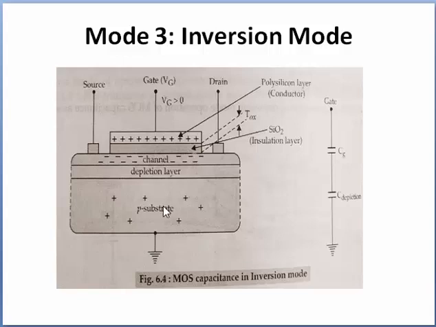So the electrons from the P substrate, the minority carriers, are attracted upward towards the surface, and this capacitance is, at low frequency, equal to the gate capacitance, because the main reason is that the carrier supply is limited to the inversion layer, and fast moving gate voltages are not tracked by the charge at the surface. So the dynamic capacitance should be the same as for the maximum depletion.